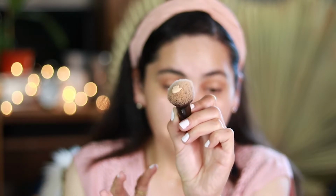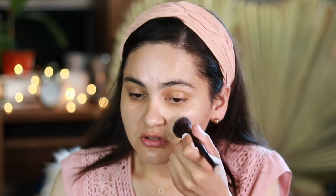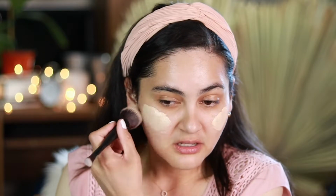To apply this foundation, I'm going to use my IT Cosmetics dual brush. I'm going to go directly into my brush. Ooh, it's very smooth. Although it claims it's a water-based foundation, it's very thick, because usually some foundations are very watery, but this one's very thick. I'm going to start applying it here. I think I got a lot, like 2 pumps. Oh my god,